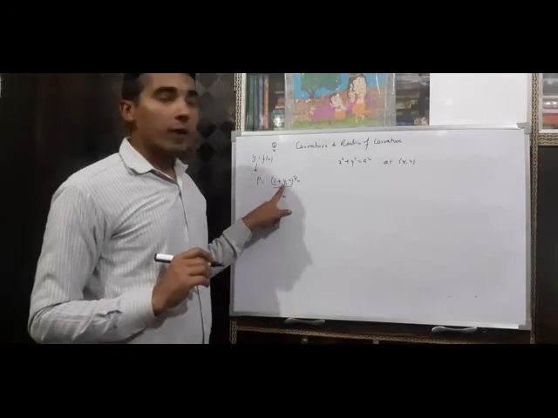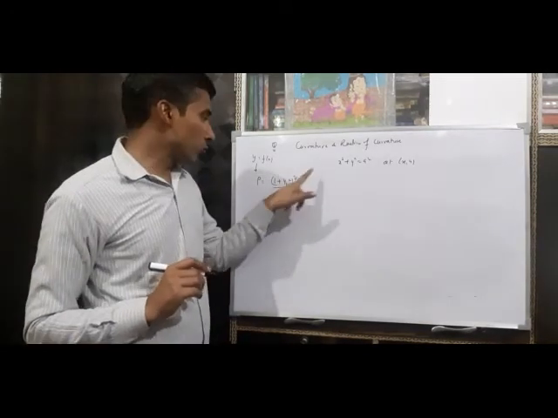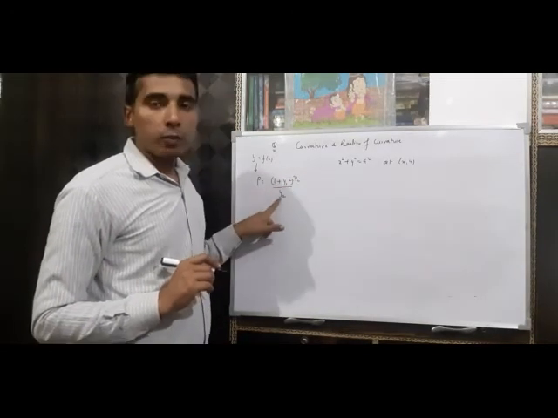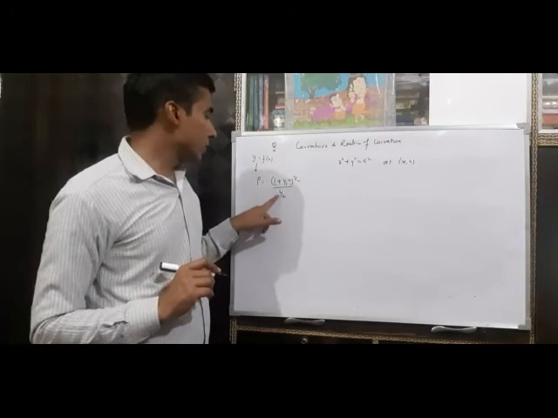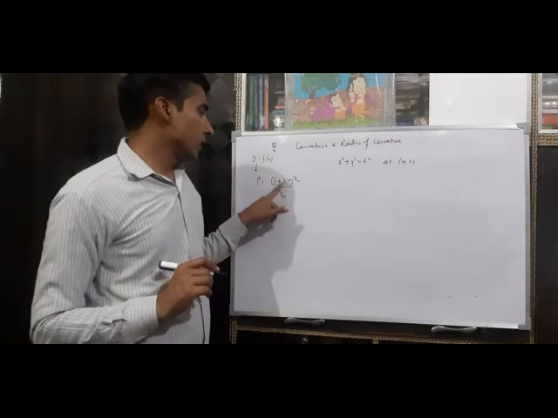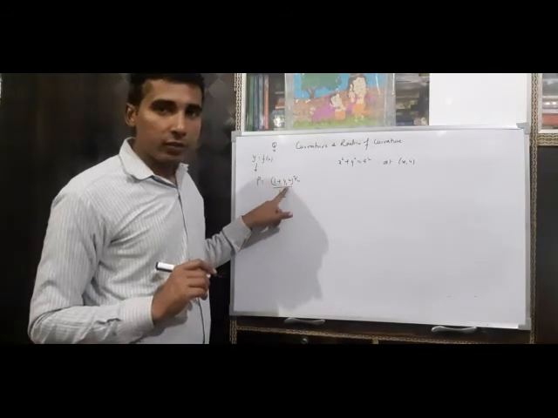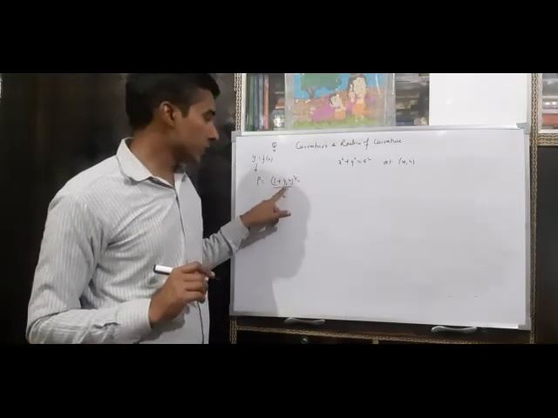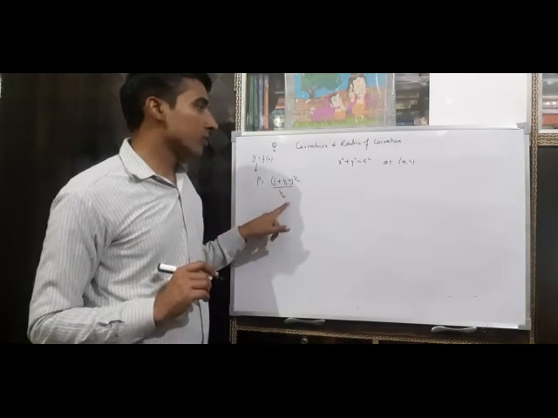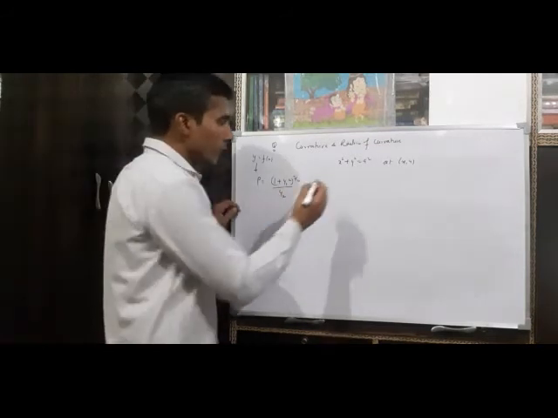y1 means dy by dx, not partial derivative. This is the derivative of y with respect to x, and y2 is the second derivative of y with respect to x. So if we differentiate this